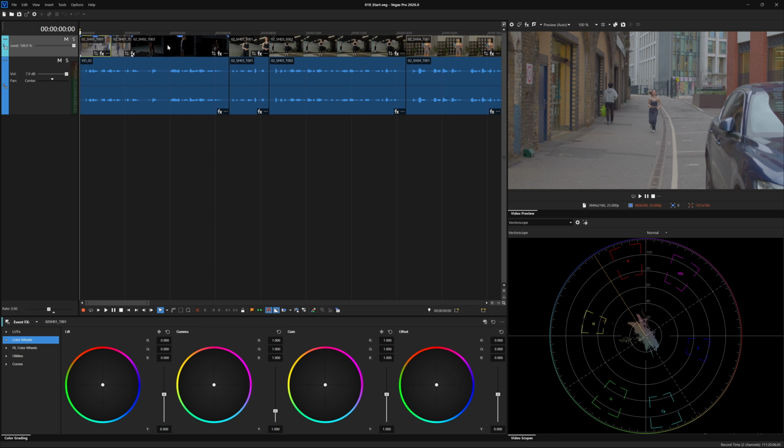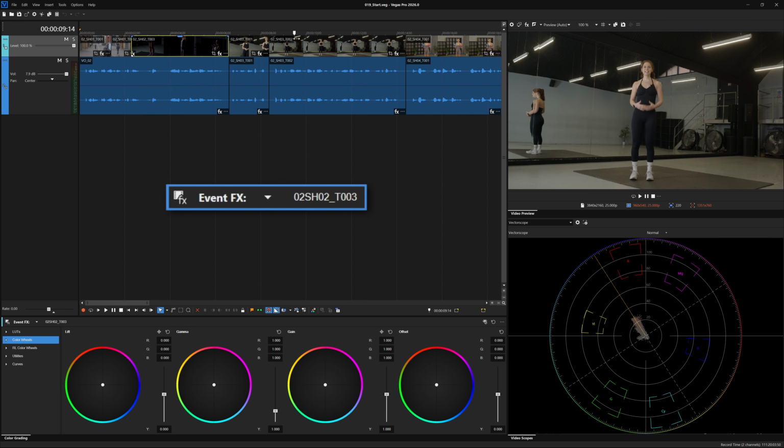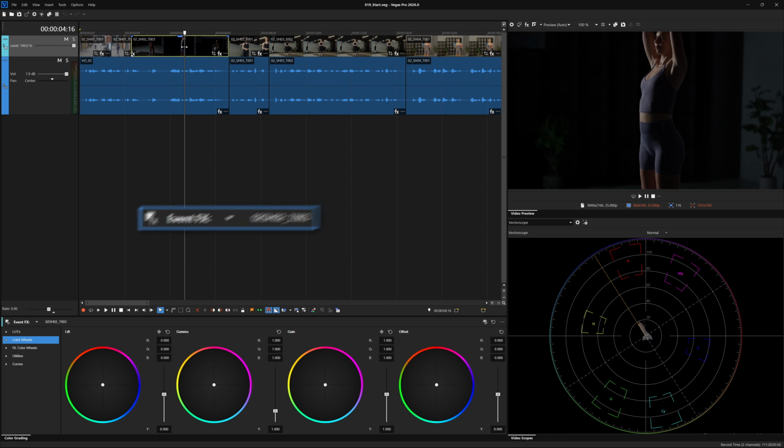Let's start the color correction. In order to begin grading, everything starts with selecting an event. This is very important because the color grading tool tells you what event is currently being graded. Even if you move the timeline cursor to another event, the selection won't change unless you explicitly select another event. This shouldn't really be a problem because clicking events to select them also moves the timeline cursor.